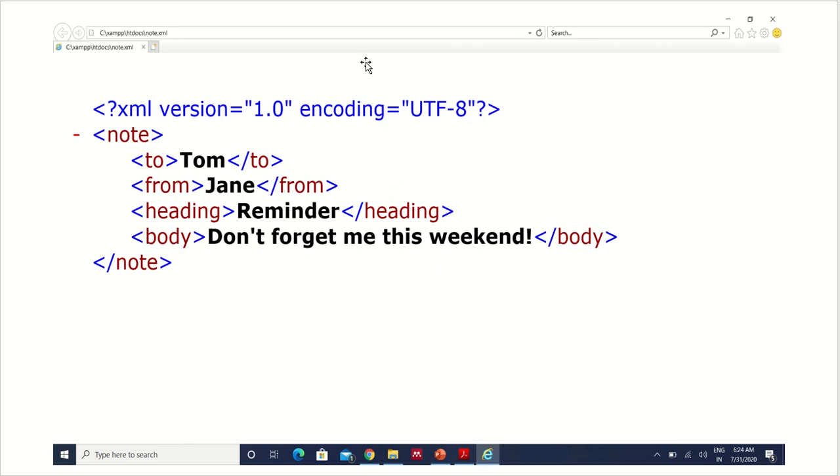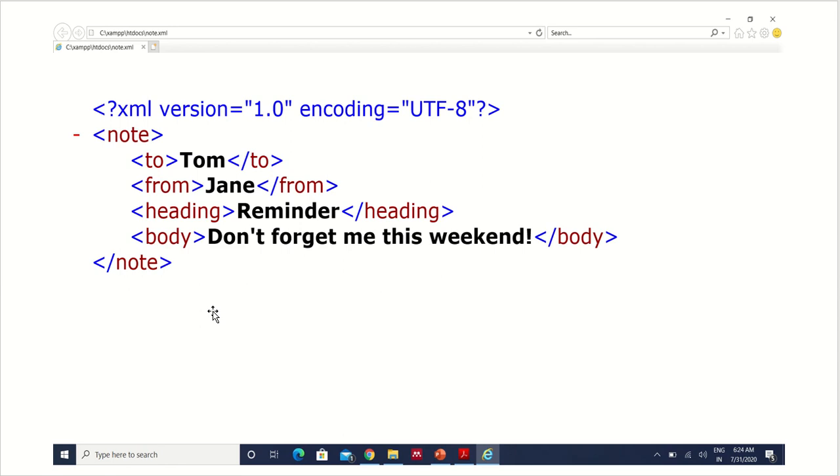Here Edge has just given color coding to the tags so that the end user or the author of the file knows that these are the tags and this is the text. That's it. Only this can be changed by the browser. Otherwise, some browsers just show the plain document.